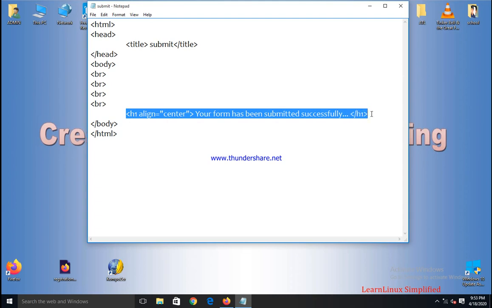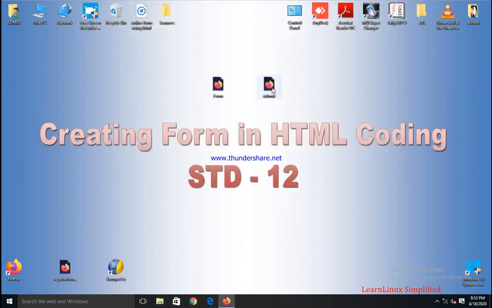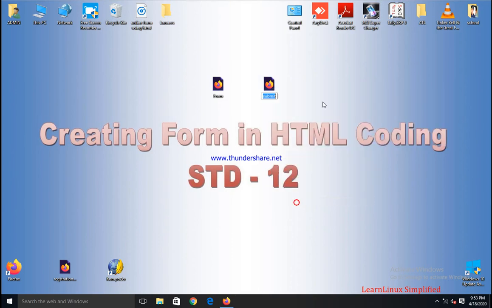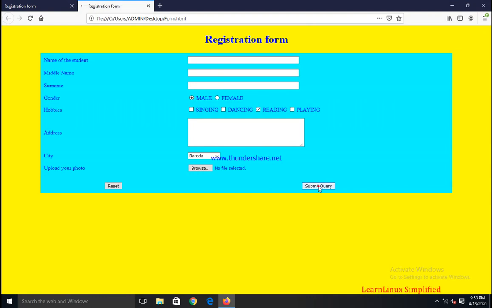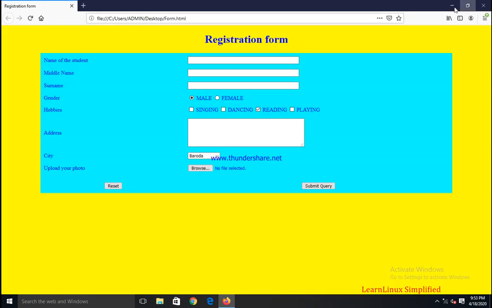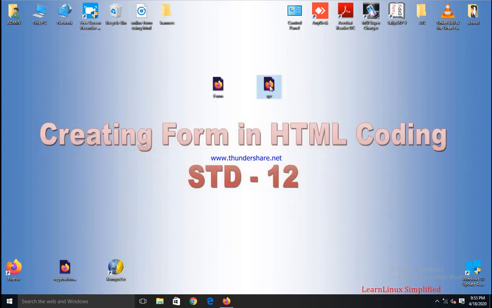Suppose I make it another name. Suppose I am changing it to XYZ and just opening it and pressing submit query. I cannot see the page submit.html. Why? Because by pressing the submit button, it will look for the submit.html page, but it is not available currently, right? So again I am changing it to submit.html.